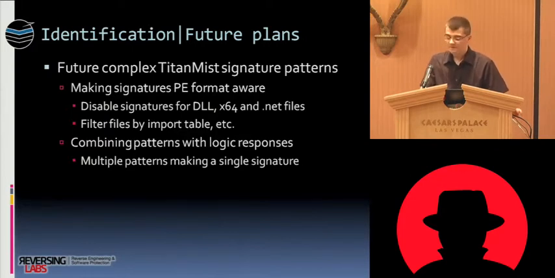And we can also filter the files by the import table content. We know that specific packers such as FSG have specific imports that they always import. For example, most of them just import kernel32 with a couple of imports from there. So we say, okay, just check the import table as well as part of the validation process of our pattern matching, just check if those imports are there. If they are there, then we are correct. And we can also combine